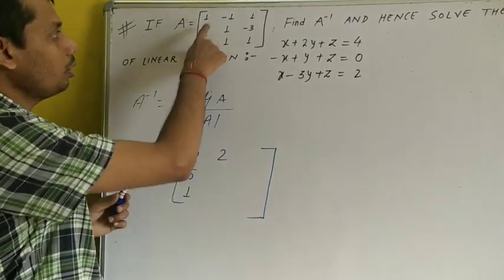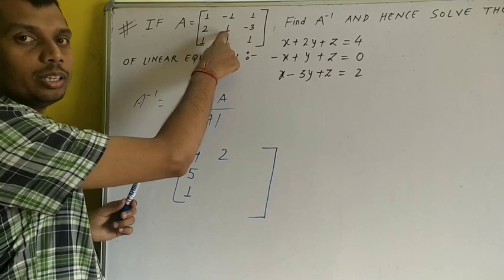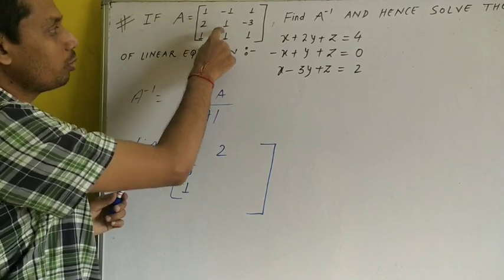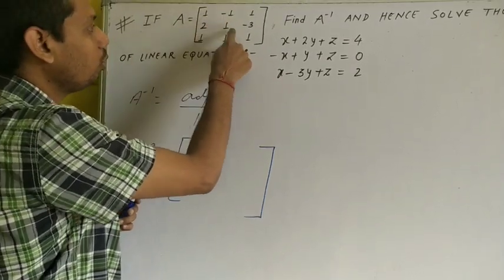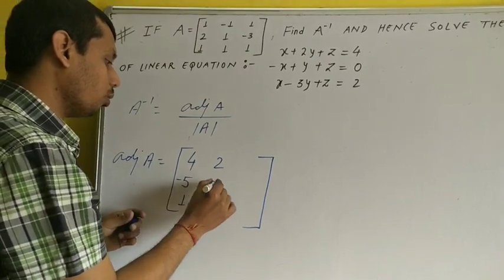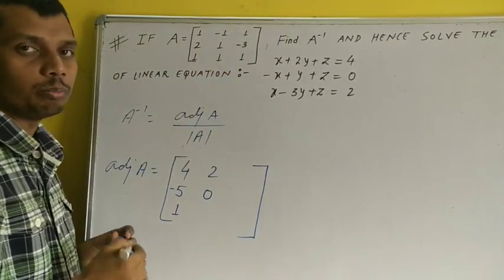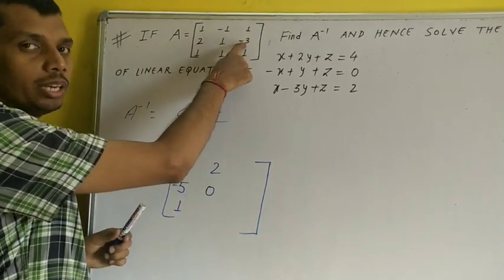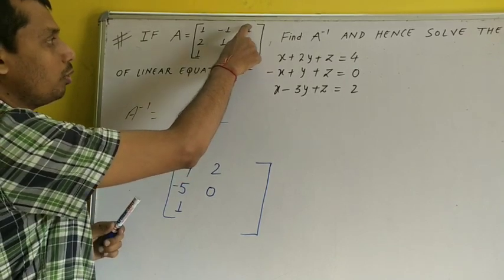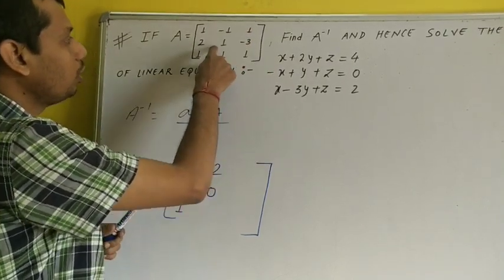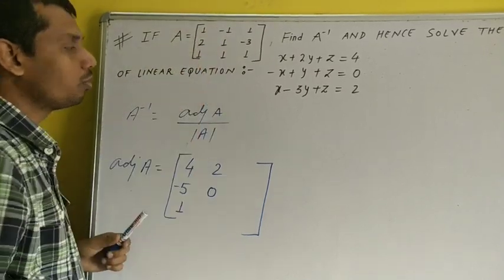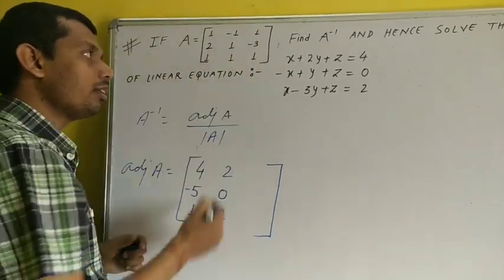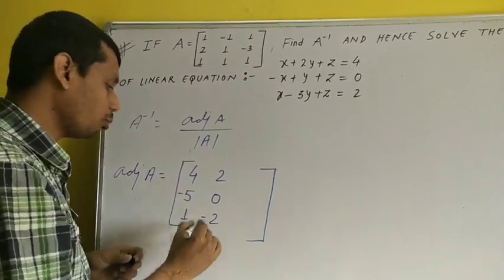Now plus, minus, plus, the positional sign of this element is plus. So the cofactor of this will be, we will not consider these two, 1 into 1 is 1, 1 minus 1 is 0. Now next is minus 3. Its position sign will be, plus minus plus minus, its position sign is minus. We will not consider these two. 1 into 1 is 1. Minus of minus 1 is plus 1. So 1 plus 1 is equal to 2. As the positional sign of that element is minus, we have to multiply this by minus.